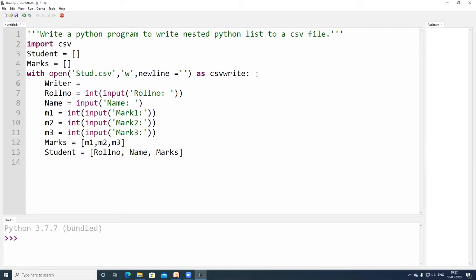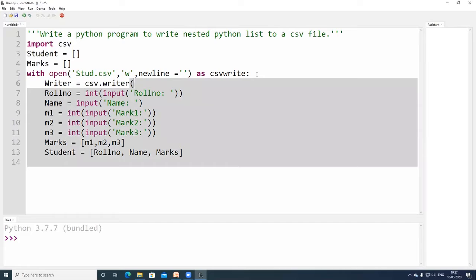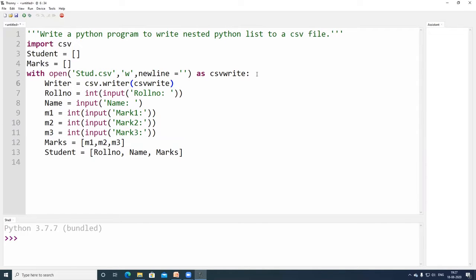So this line we have left: writer equal to csv.writer is a function. That is where you are going to write onto the file csv_write. The csv_write refers to what? stud.csv, right?